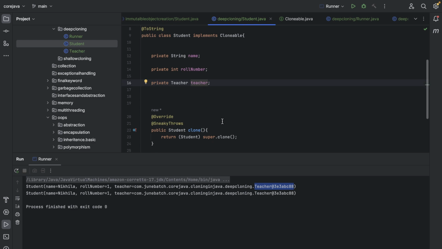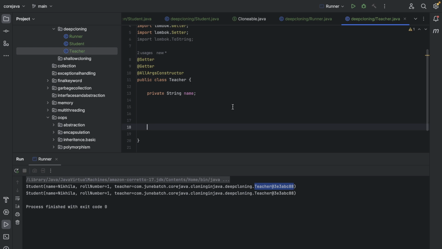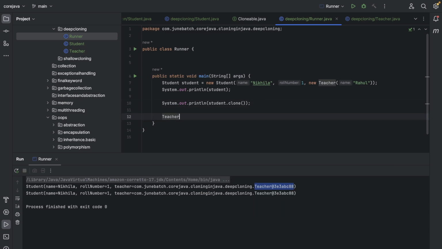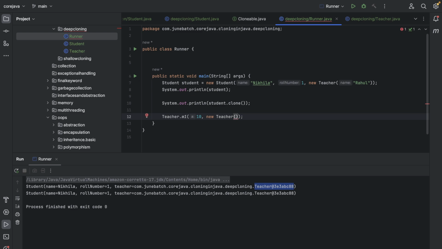Pass by value. What is meant by pass by value or pass by reference? What does it mean? Say there is a method public static void m1 that takes an integer a and a teacher t. From the runner class, if I call Teacher.m1 and pass 10 and pass new Teacher with some name,